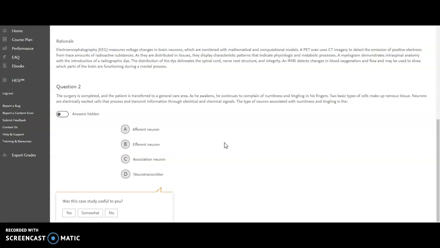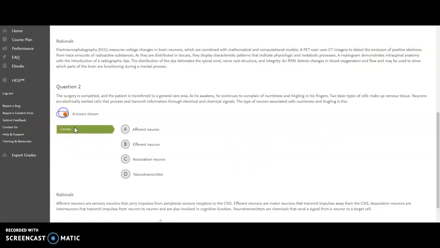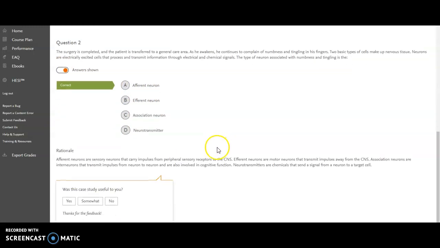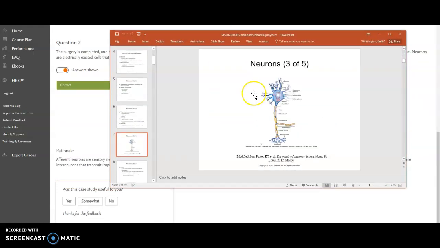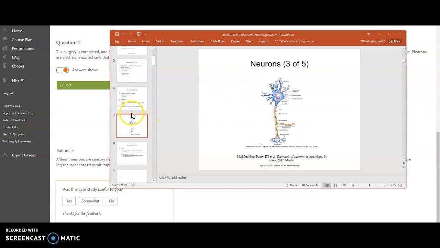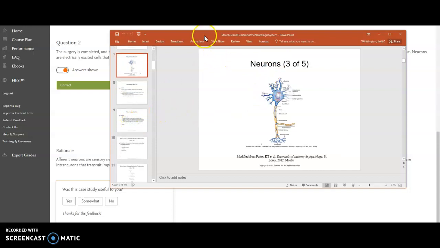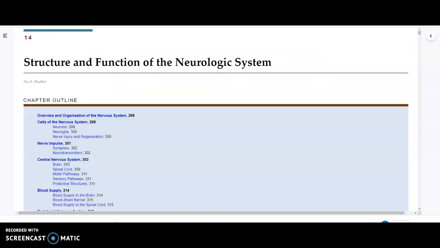We have 2 basic types of cells that make up that nervous tissue, which are the neurons, or electrically excited cells that process and transmit that information. The type of neuron associated with the numbness and the tingling is the afferent neuron. So paying attention to that. Again, walk through our PowerPoint if that helps you for a visual